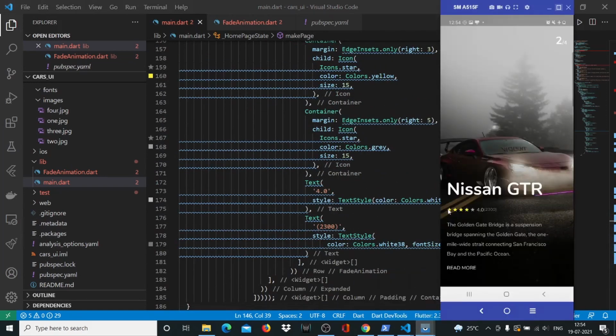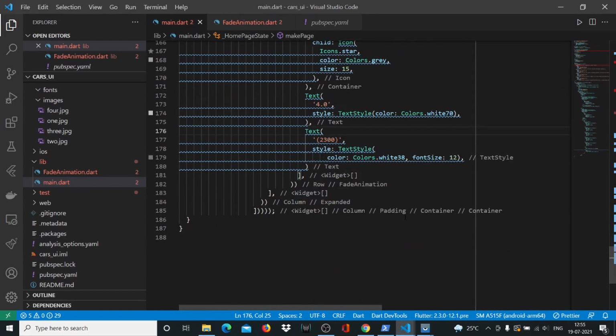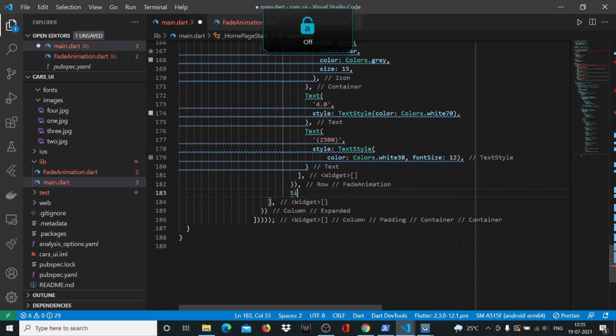So we have worked on all of our stars as well as these 2 text widgets as well. And now all we have to do is just put this text, the description text here, and then the read more text, and that is it, and the app is complete. So let's come to our, so 2300, and then after this fade animation you have to put a comma, and then you'll put a sized box,